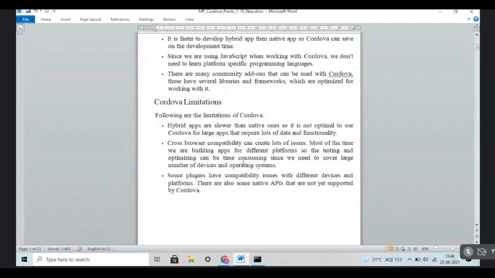Each and every practical requires these four commands. Then HTML and JavaScript, two files are required. Okay, now come to the third practical, practical number three.